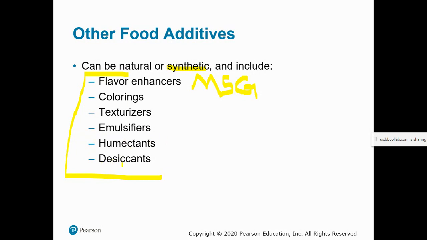And then the opposite of humectants, desiccants, things to keep foods dry. What would be an example? Sometimes different rice mixes, or sometimes you'll see dried beans already mixed together with some spices, so you can just put it all in a crock pot and have soup at the end of the day. Sometimes there would be a desiccant added in there to keep everything in the bag dry until the time you want to cook it. Sometimes you'll also see this in crackers, like that little desiccant baggie, but sometimes it's also incorporated into the food.